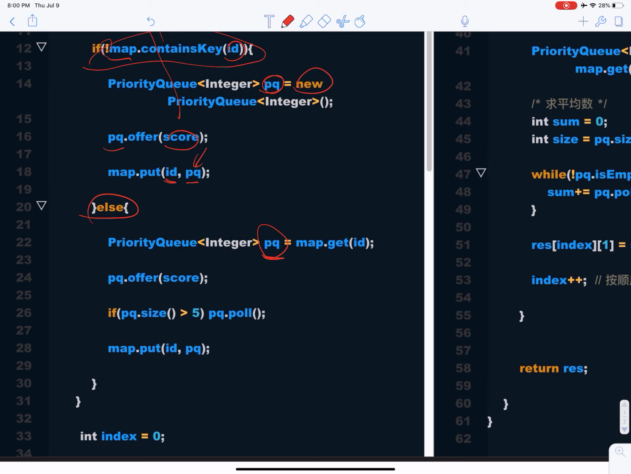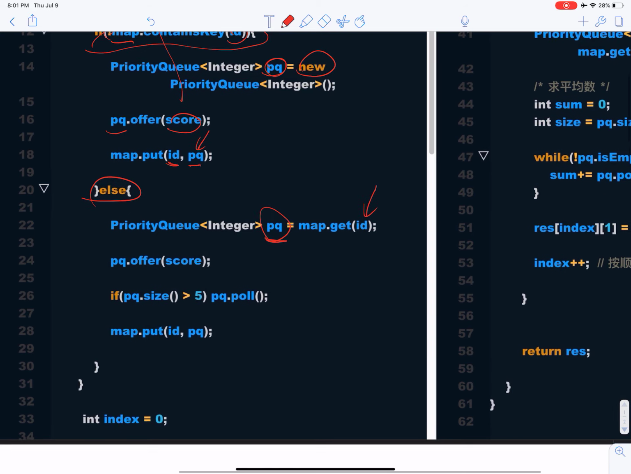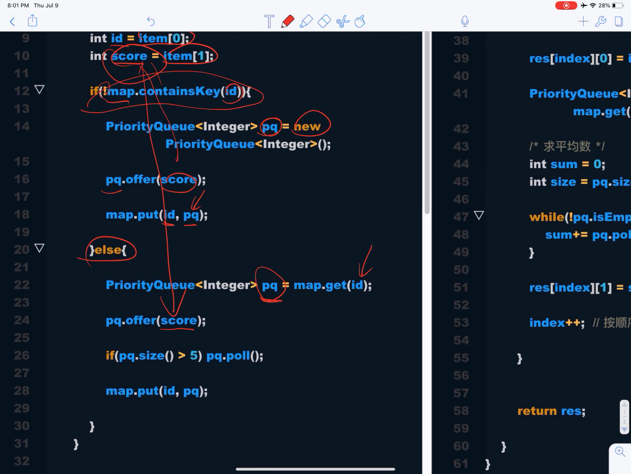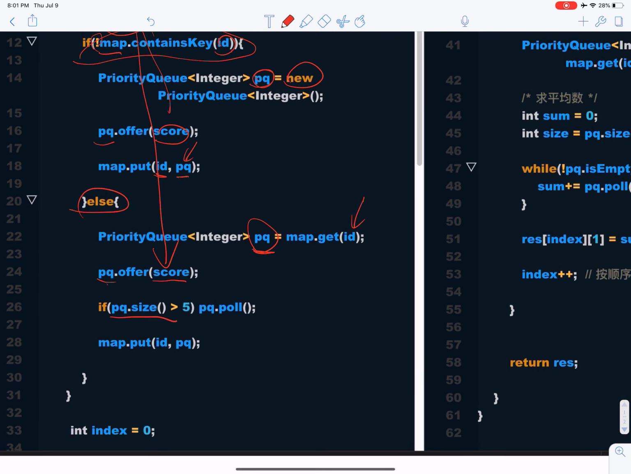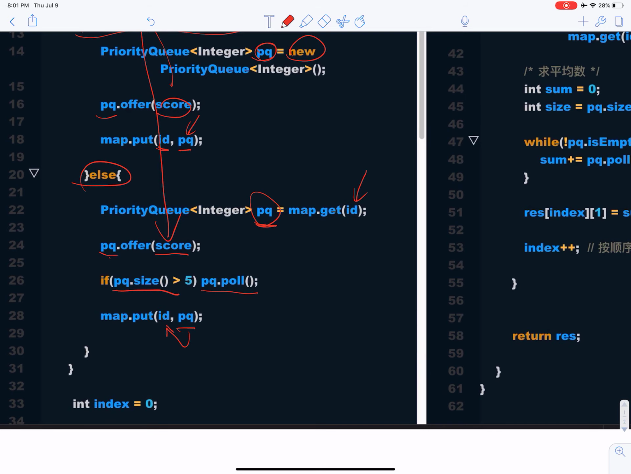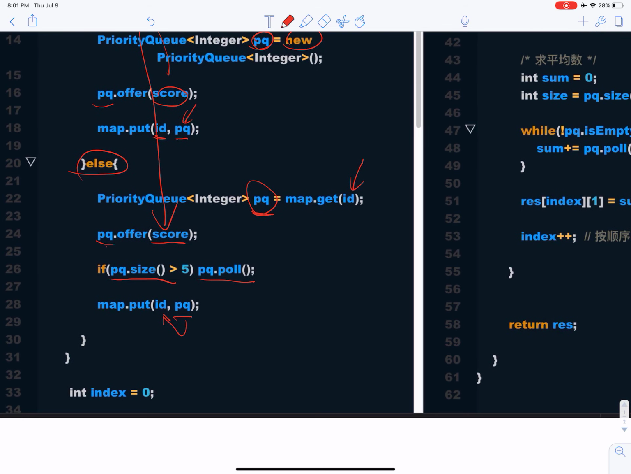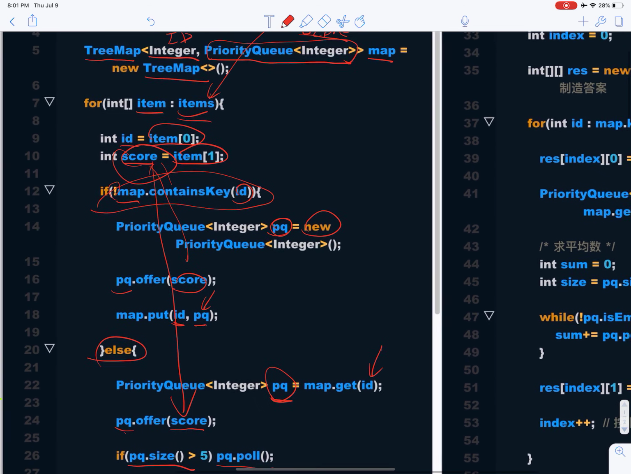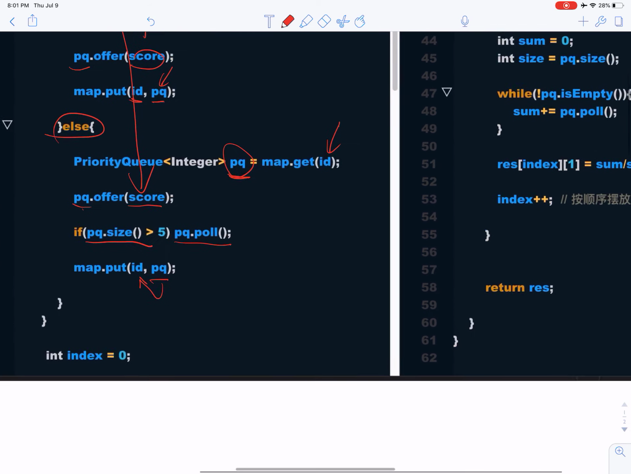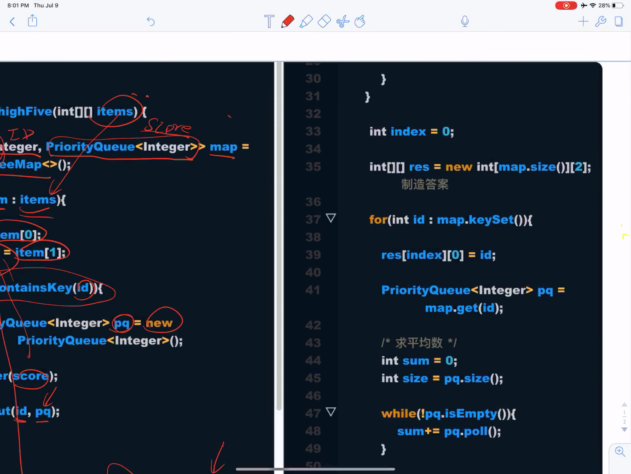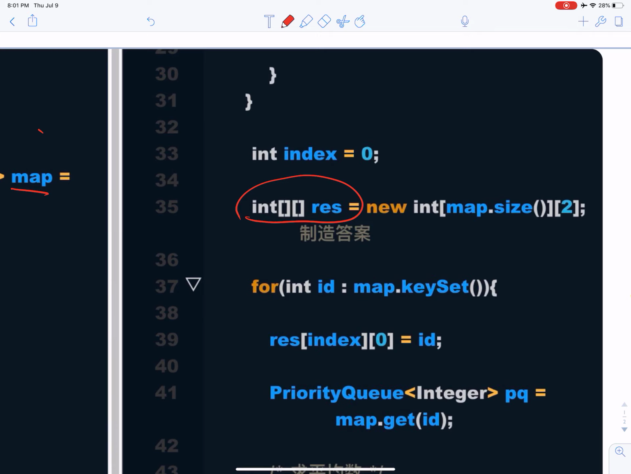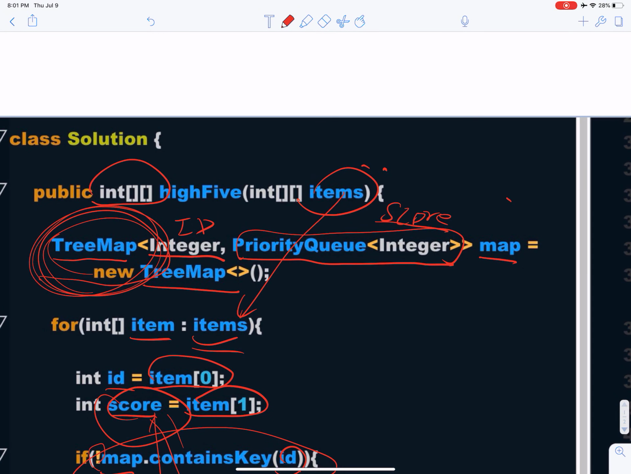I get the existing PQ value and put the current score into the PQ, and if the size is larger than 5, I will pop one out, and then I put this PQ in the map with the ID. The next step: now we have constructed a tree map with all the information, and I need to construct the result, because the result should be